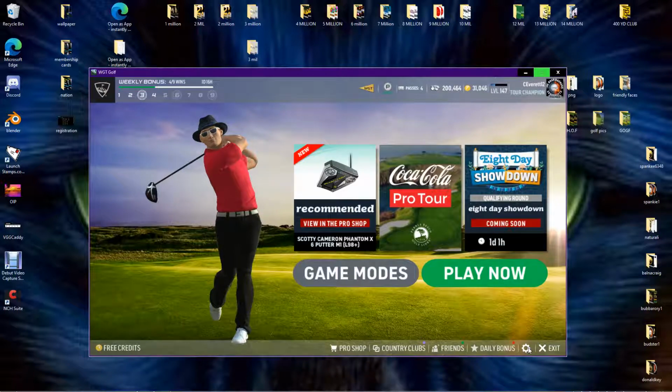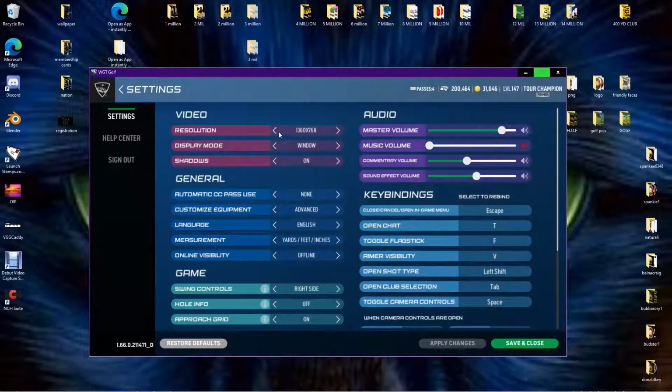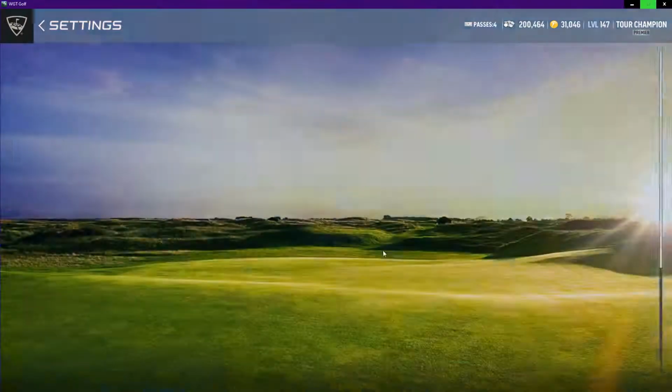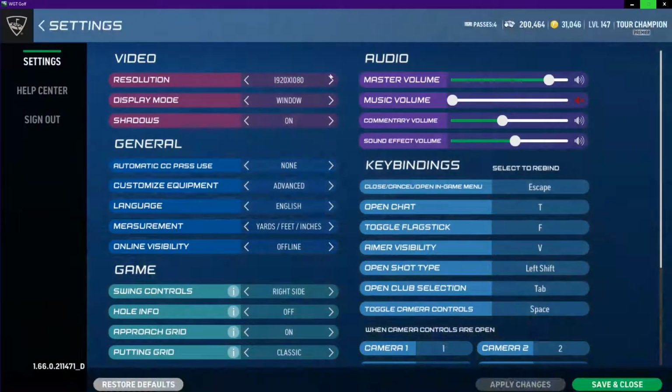So in your settings down here there's a gear. Click on that, that's your settings. Now up here you'll see the resolution and display mode. You want this in the window, not full screen. Full screen's too big. Resolution, if you put it on 1920, it's going to be too big for me anyway, and I'll show you why. At the bottom of the page, it blocks half your meter. Not good. So what I do, I'll keep mine on 1366,